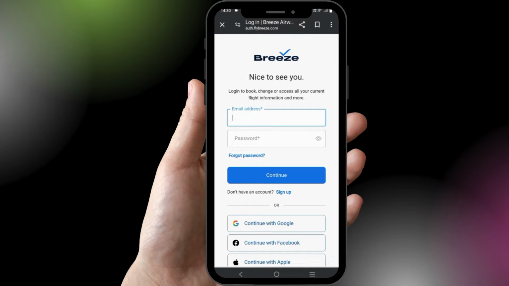Well, logging into Breeze Airlines is quick, easy and hassle-free. So whether you are planning your next getaway or simply checking your flight details,